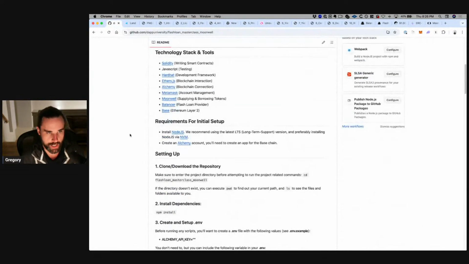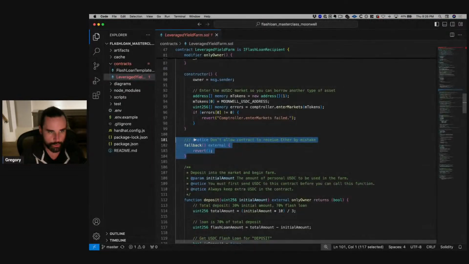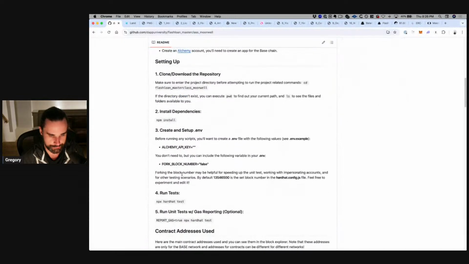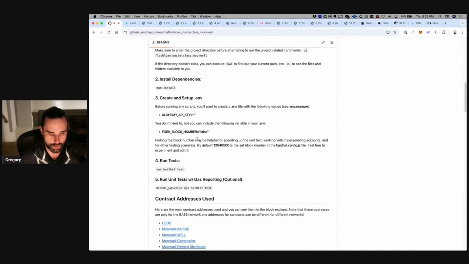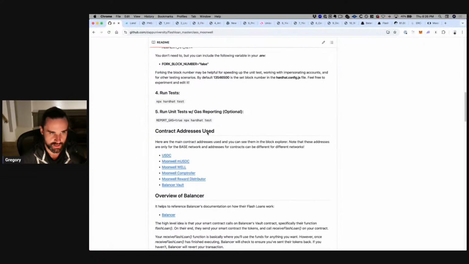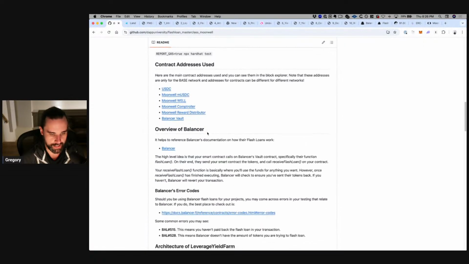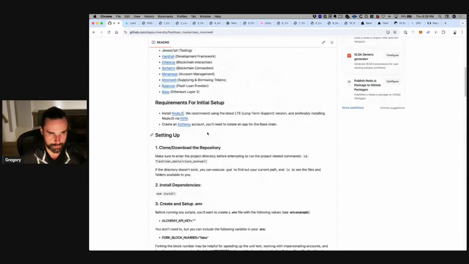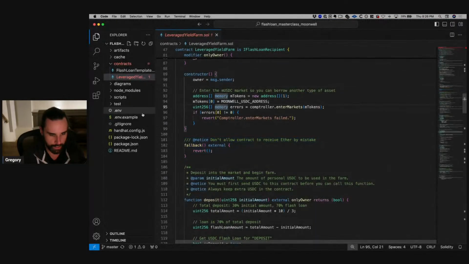So, I've showed you how to do everything in your web browser. If you want to get your hands dirty with this code, you can follow these instructions right here to basically run all this on your computer. Okay, if you want to get your hands dirty with the Hardhat project, you want to run the tests, you want to deploy this to a blockchain from Hardhat or anything like that, you can just follow these simple setup instructions. Okay, they're in the README file.